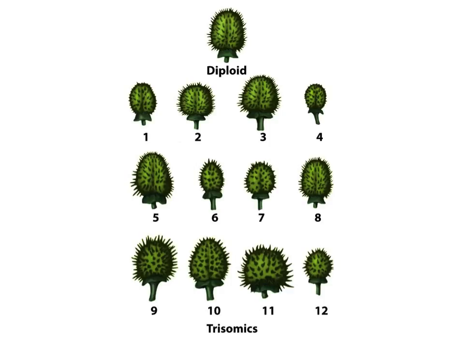Question? I was just wondering, with humans, trisomy causes Down syndrome. In this case, it seems it's beneficial. Yeah, so in this case, not only are they able to accommodate it more, but now you have more genetic variation. So if there's an environment where a capsule that is robust and big, like number 11, is favored, you would maybe then use that for some sort of selective advantage. In plants?